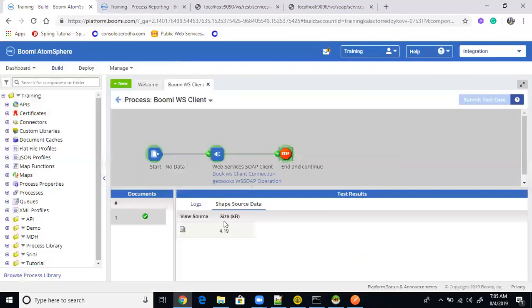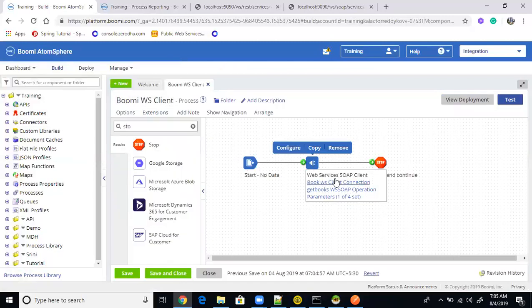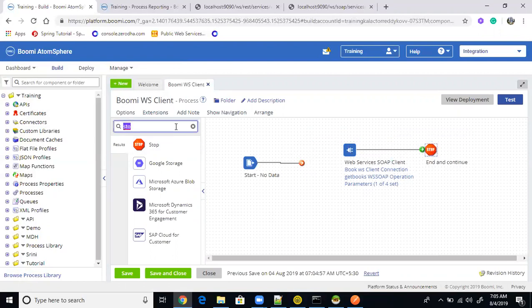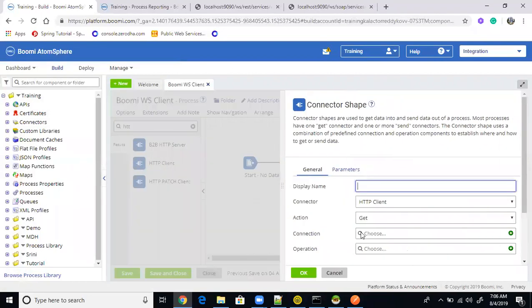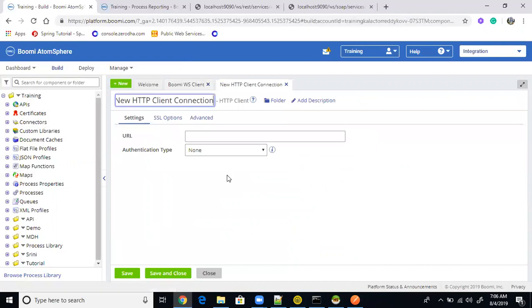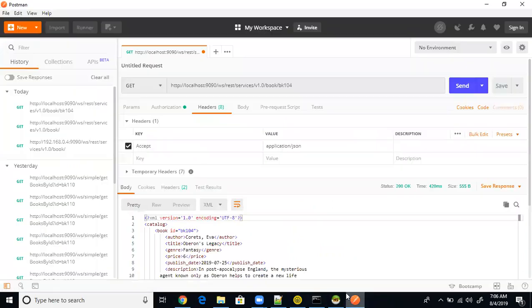Okay, this is working. Now let's see the same thing. Let's trigger the same service with HTTP client connector. And mention the postman right here. So what we need to do here is